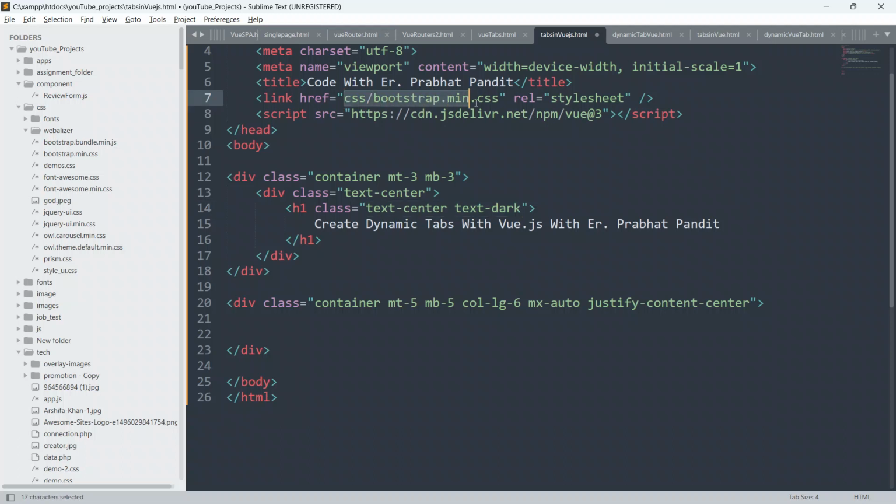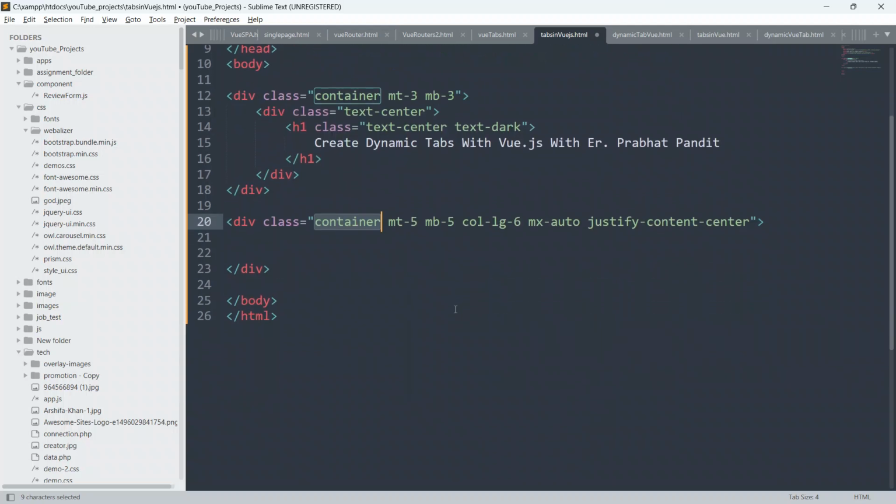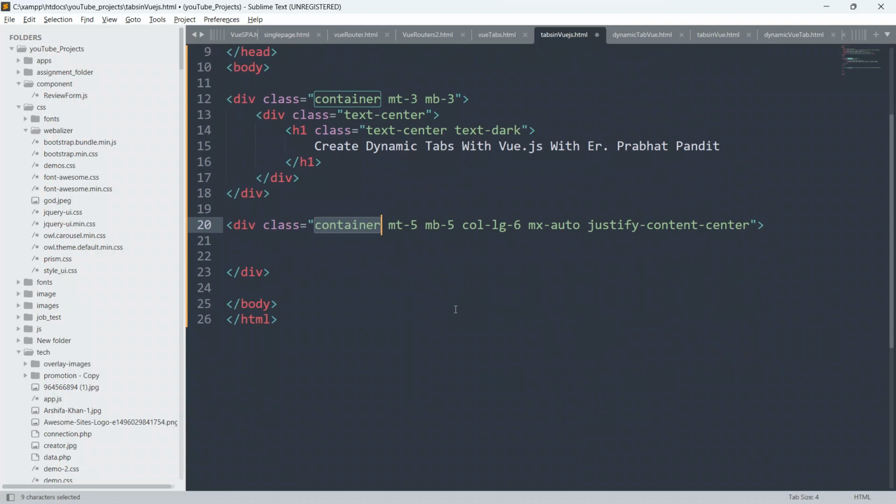I have already included the file for Bootstrap, css/bootstrap.min.css, and here I'm using all the classes from the predefined Bootstrap library: container, margin top 5, margin bottom 5, col-lg-6, mx-auto, justify-content-center. I am assuming that you know what Bootstrap is and how to use it in your application, in your code.